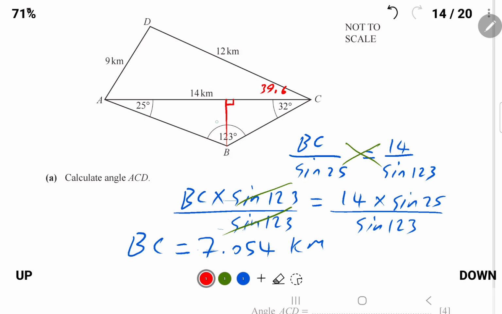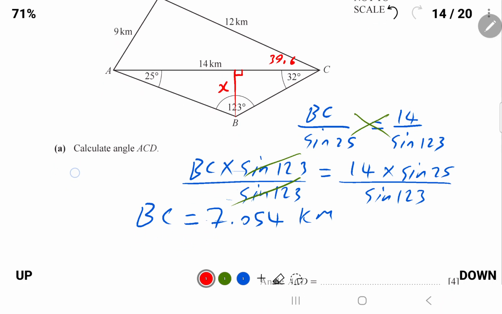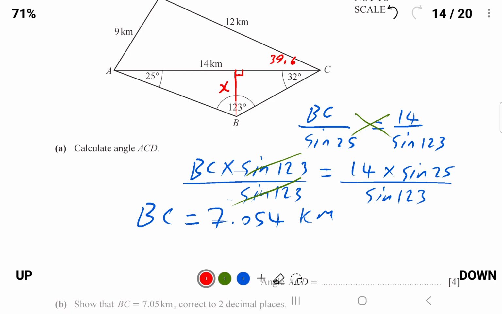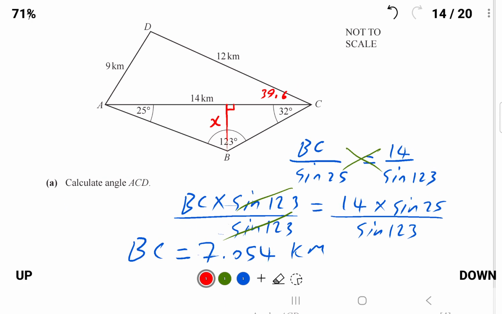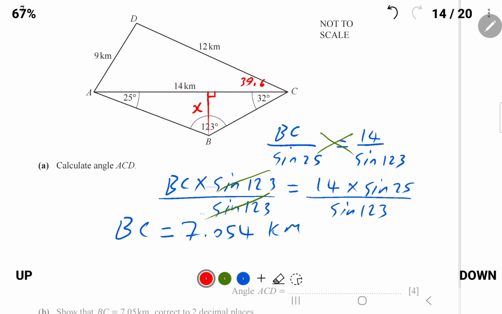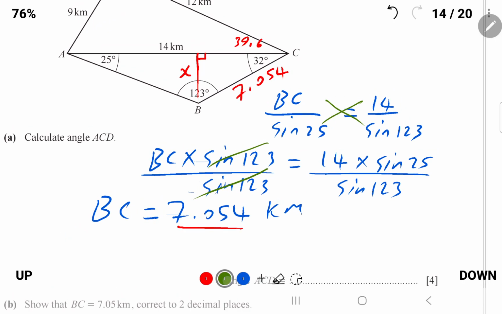So let's label this distance X. Now, in order to calculate this distance, we can use trigonometry, SOHCAHTOA. Since we have BC is 7.054, so it's here, 7.054. So we can take this triangle here,